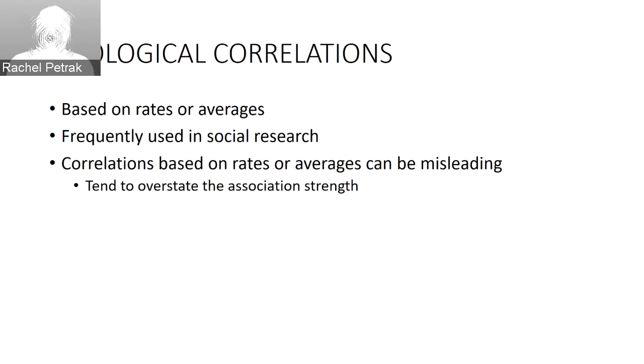But when rates are used in correlation, then it's called an ecological correlation, and it's problematic because ecological correlations tend to overstate the association strength, and that's troubling on a couple levels. Of course, we want our data to be as appropriately stated as possible, to not under or overstate a relationship. But it's especially problematic when a relationship is overstated, because